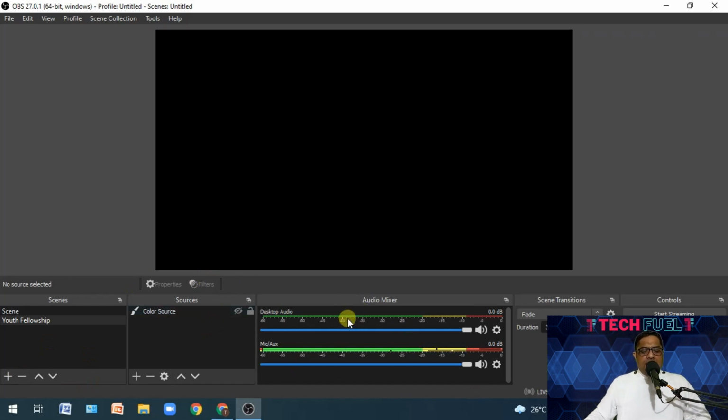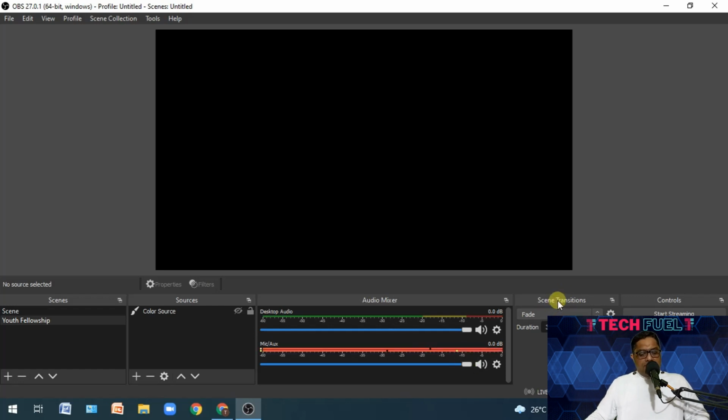Now this area that we see as audio mixer, here we are shown the green and the yellow and the red mark that is being reached, that you can see on my screen as of now. You can see this is the level at which I am talking, the mic that is being taken in. Now if you put in a different media source, it will show the media source sound also. You can manage the sound over here, and that is how this works.